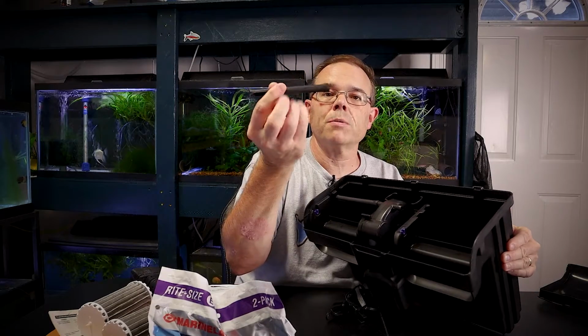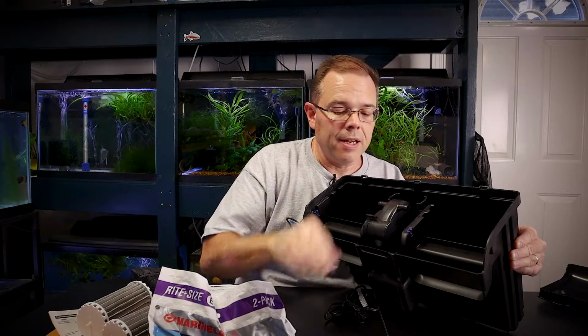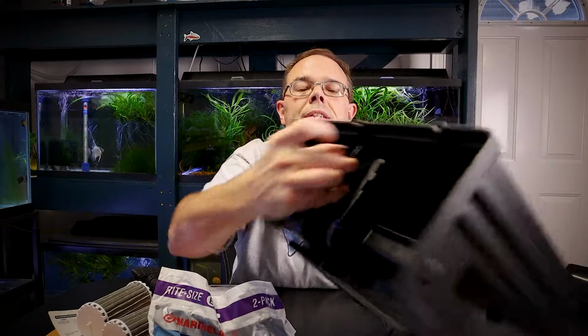Okay, now, here in the filter, let's take this apart so you can see how to take it apart when you go to clean it, okay? As I showed you before, these spray bars would pop off. We'll just pop them off for fun. You can see that. And now, right here, you see there's a part here. It might be hard to see, but you grab this and squeeze it, and it's gonna slide out like that,